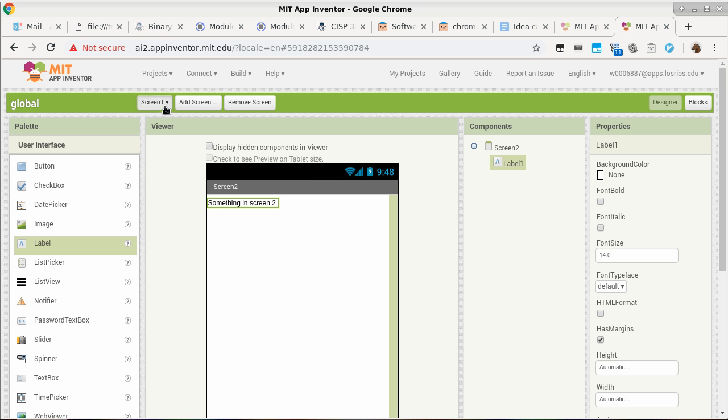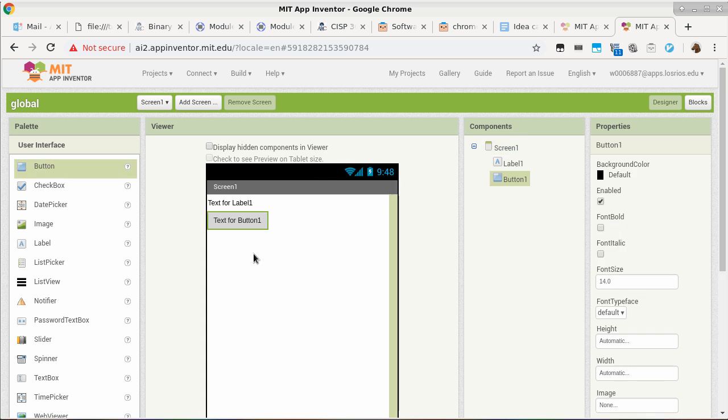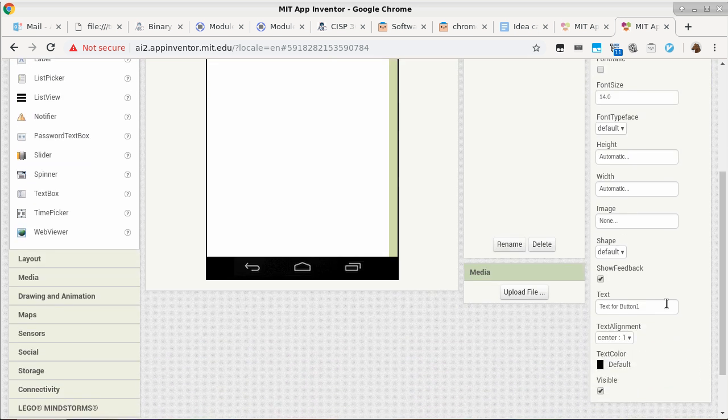So this is our screen 2, and every time you want to switch back and do something with screen 1, click on this button and go back to screen 1. I'm going to change that label too, and I'll put in the button, because what if I want to switch to screen 2? Well, maybe the button will do it. So I can now change the text of the button and say switch to screen 2.